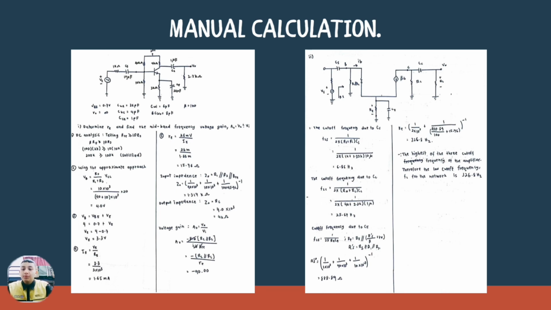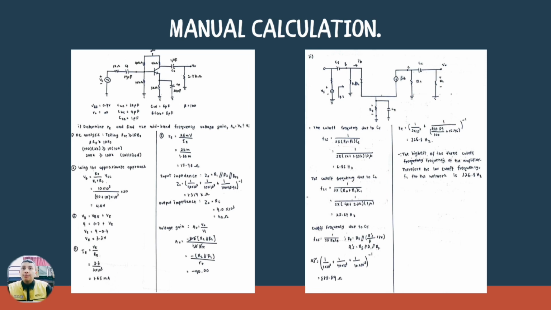How to do that: VB equals R2 divided by R1 plus R2, times VCC, and we get 4.0 volt. To find VE, we use VB equals VBE plus VE, and we get VE 3.3 volt. To find IE, we use IE equals VE over RE, and we get 1.65 milliampere. And lastly, to find RE, we use RE equals 26 millivolt per IE, and we get